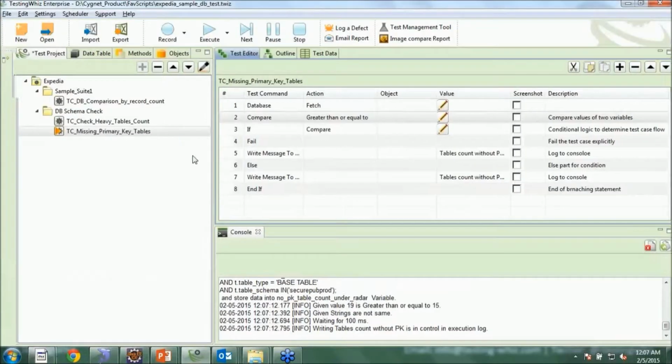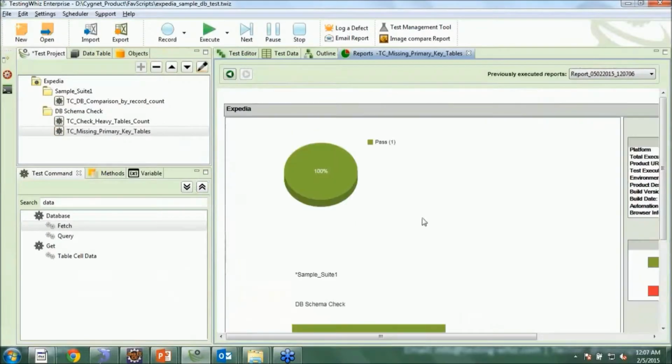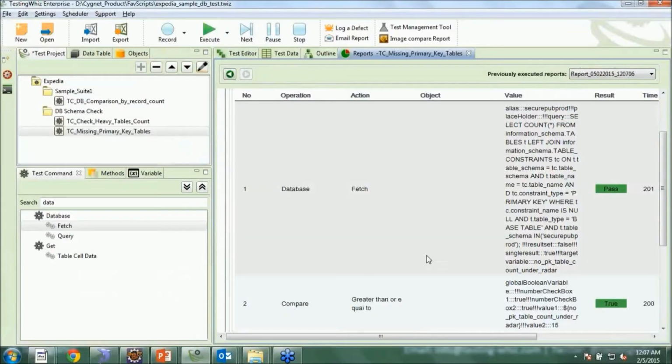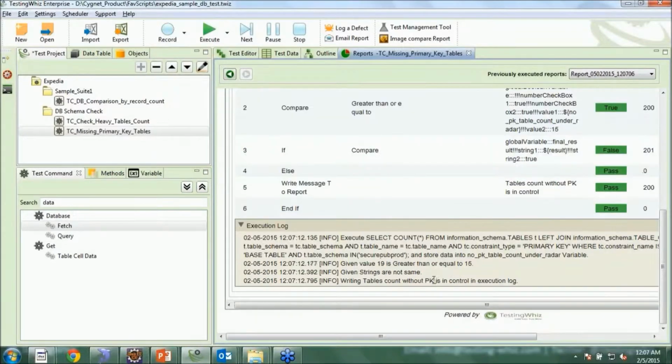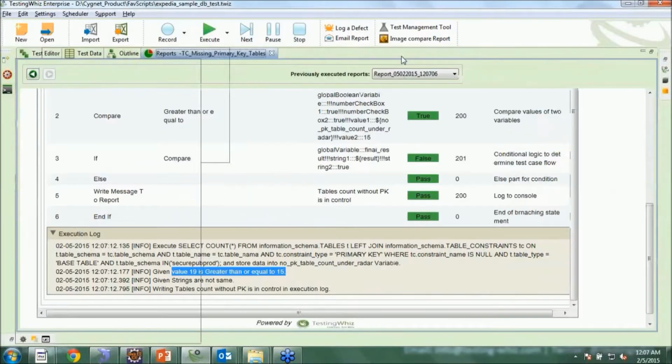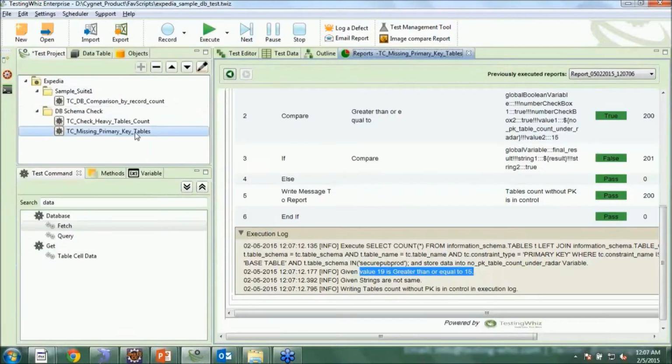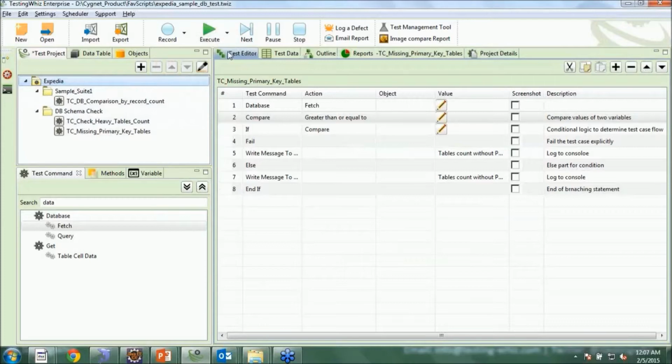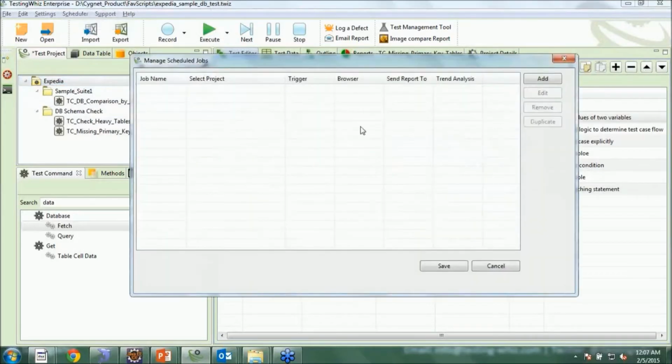So for my purpose, there are not more than 15 tables wherein primary key is missing. So it says value 19. So already 19 tables is meeting that criteria and it has passed my test case. So you can also execute all these things in one single go, or you can also put it under schedule